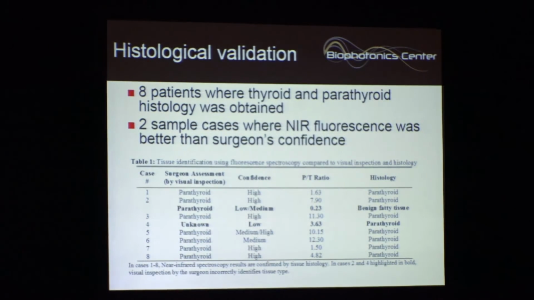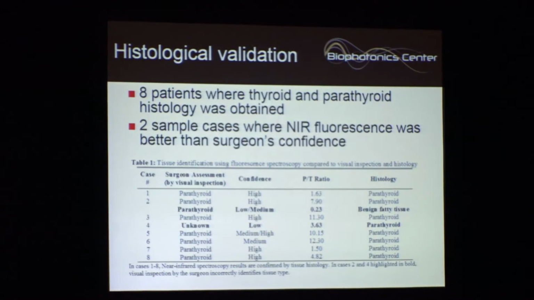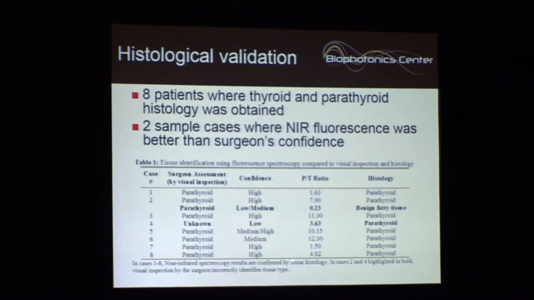Here's a couple of sample cases I want to show. We use the surgeon's confidence level as one standard, because if the parathyroid is normal, it's not coming out of the body, which means you don't have histology to tell you that that is the parathyroid gland. So we have to rely on the surgeon's confidence to tell us where to make the measurements from. So when we do that, here's a case